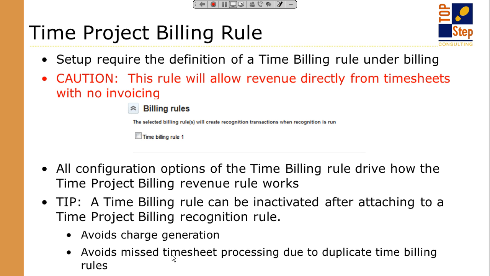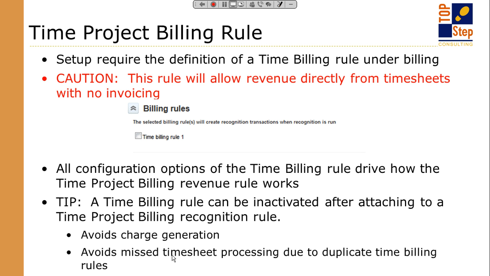There's a little trick that you can use where you set up that time billing rule as your template, you create your recognition rule which points back to it, and then you can go and inactivate that time billing rule under the billing rule section. So that time billing rule does not actually generate any charges. It doesn't try to invoice anything. It solely exists as the definition of what the revenue recognition rule has to understand to be able to do